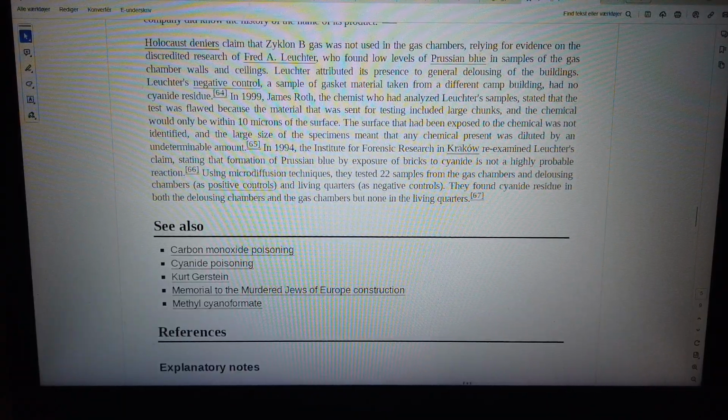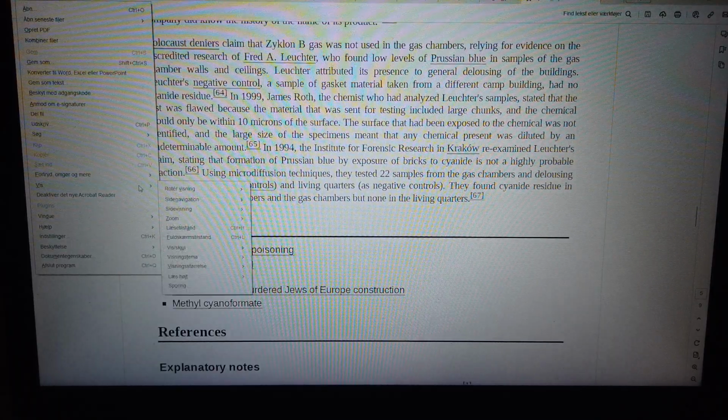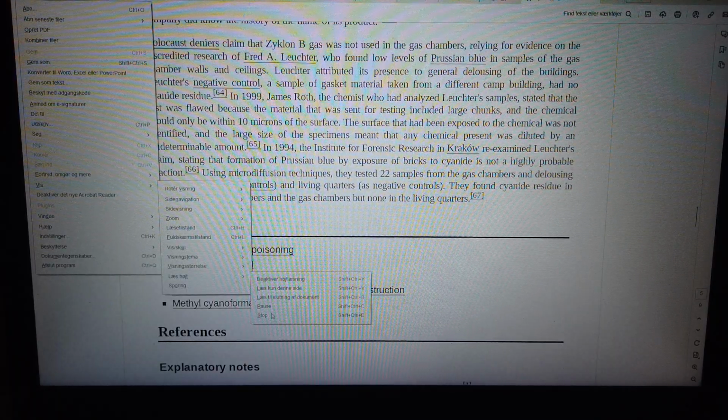methyl cyanoformate. References. Explanatory notes. A total of around